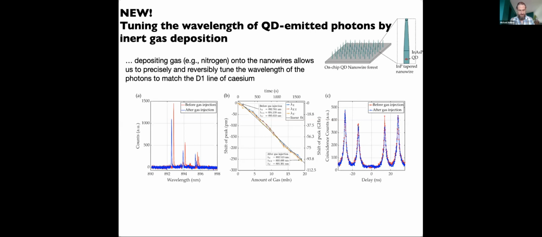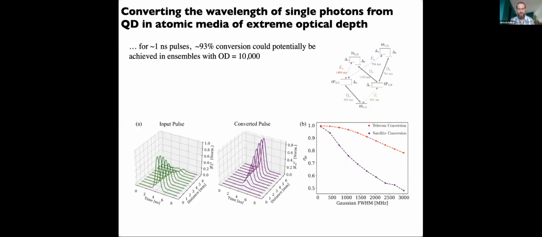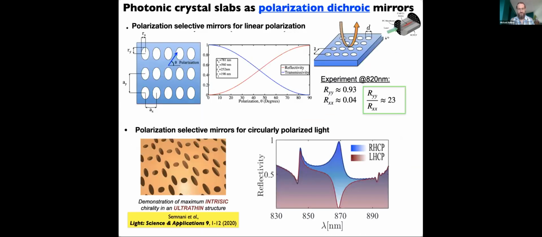All right, thank you. And then the next question we have is from Adrian, and he says that in the photonic crystal slab, you demonstrated polarization filtering. So what else can you filter with one? No, so it's polarization selectivity. You can design your photonic crystal slab to be transparent for one polarization and highly reflective for a different polarization. So you can have a cavity that you can probe through the mirrors, and when you probe through the mirrors, some light will see it as a cavity, and some light will just see it as a free space ensemble if you have atoms between the two mirrors.